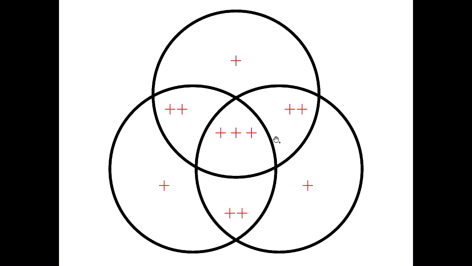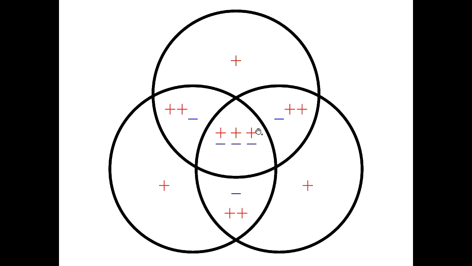So now what I'm going to do is I'm going to subtract away the sizes of the 2-way intersections, right? So I'm going to subtract this size here, and this size here, and this size here. And what happens then? Well, I subtract away 1 here, so this is plus, plus, minus. This is now correct, right? Which is why I did this. This is plus, plus, minus. This is correct. This is plus, plus, minus. This is correct.